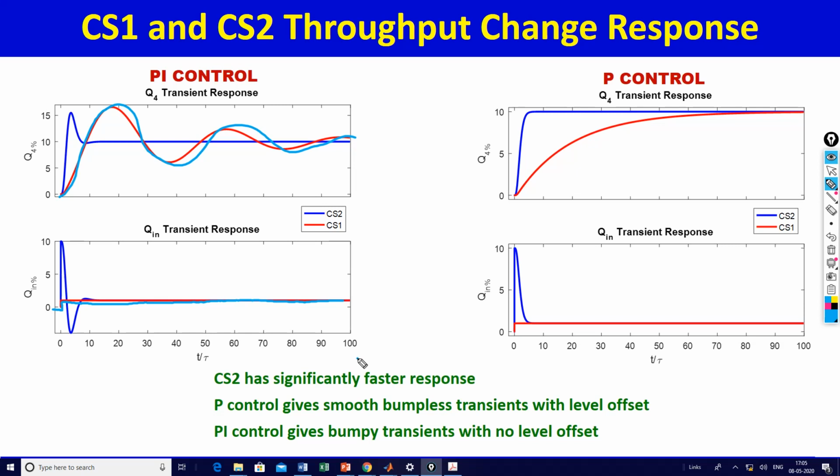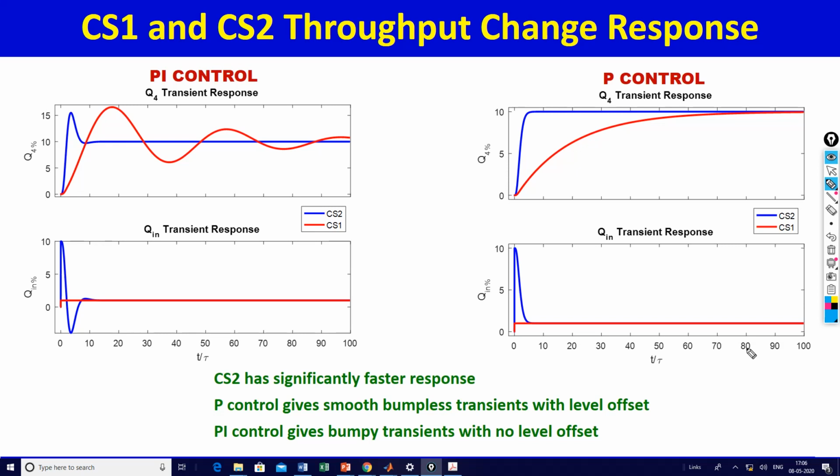On the other hand, if you use P control, you give the same step. The response eventually reaches 10, but it takes forever. It takes about 80 time constants to settle. On the other hand, if you look at CS2,